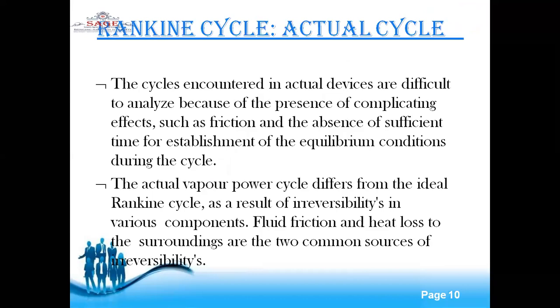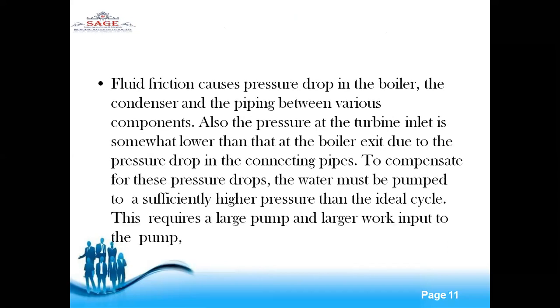The actual vapor power cycle differs from the ideal Rankine cycle as a result of irreversibilities in the various components, such that the turbine and the pump in an actual case do not have 100% efficiency. That's why, when the efficiency is not 100%, the components work in actual conditions, and fluid friction and heat loss to the surroundings are the two common sources of irreversibility. The fluid friction causes a pressure drop in the boiler, the condenser and the piping between